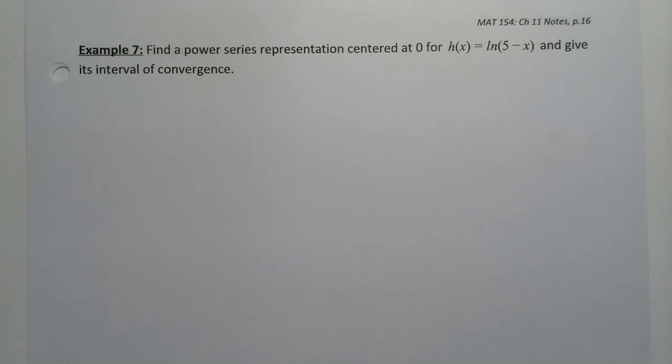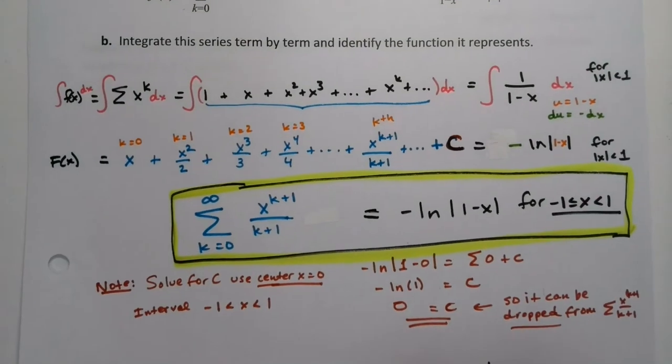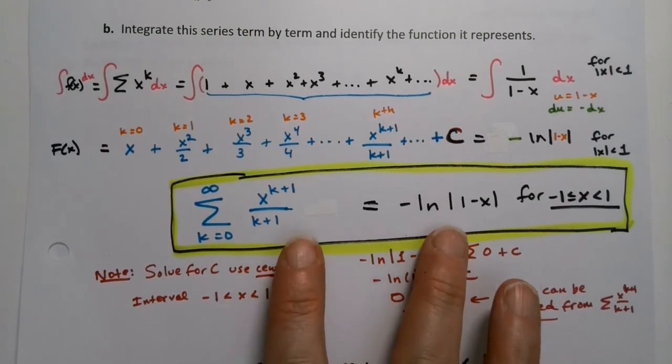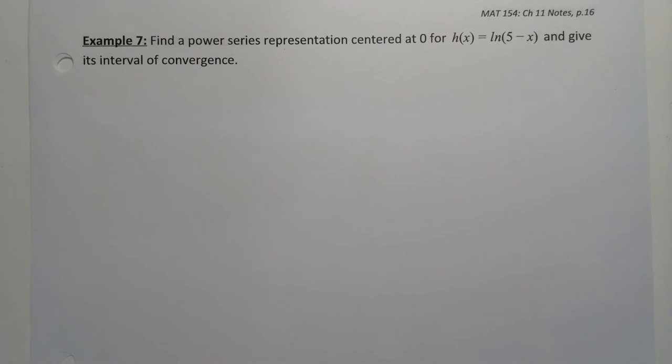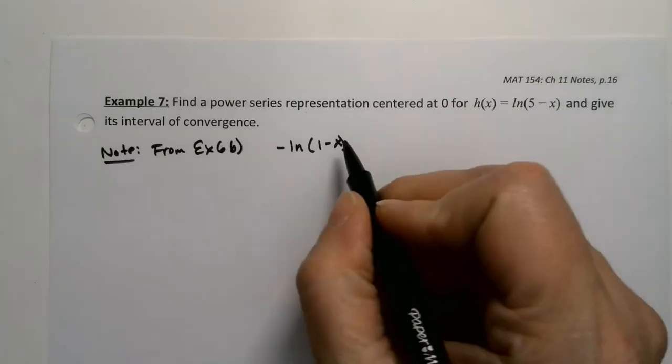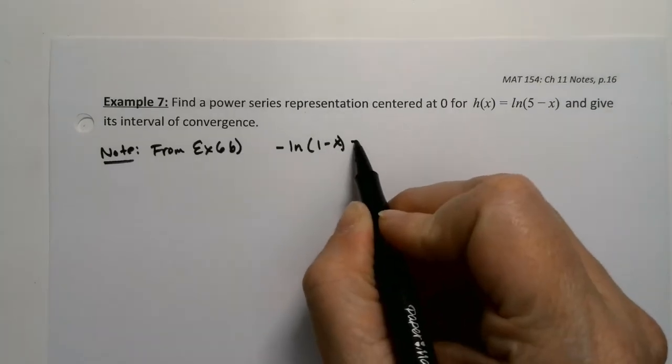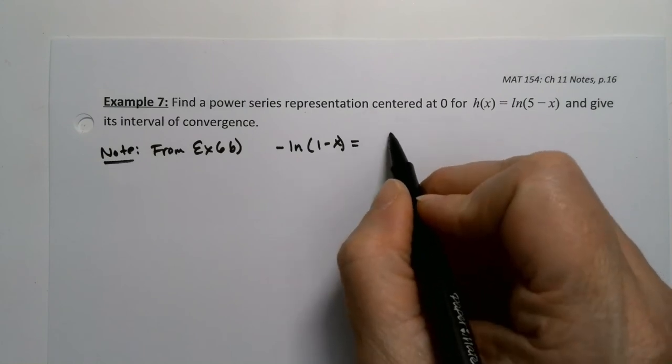All the examples we've used so far were built from the geometric series. But if you paid attention in the last example, you'll notice we built a new series to look at. Well, we did one in part A as well, but I'm actually going to look at this one. I'm going to rewrite it. All right, so from example 6b, we learned that the negative natural log of 1 minus x is equivalent